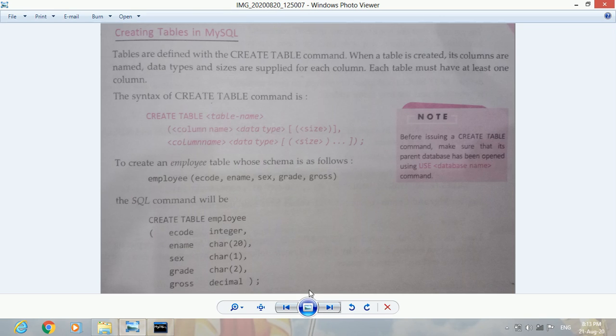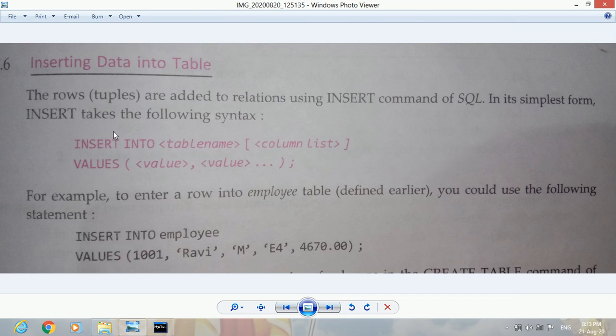So table is created like this. Further, here is given how to insert data into the table. To insert data into tables, it is very simple. We write the syntax. We write the commands like this. Syntax given: insert into, then space, table name, then space, the column list. Column list means first we have stu name, then stu class, then stu roll number, stu marks, like this column list you can give. But it is optional. If you want you can give, if you don't want then you don't give.